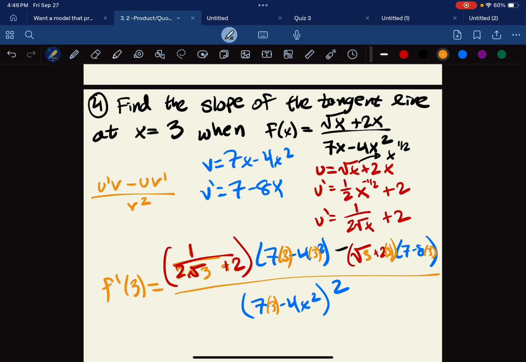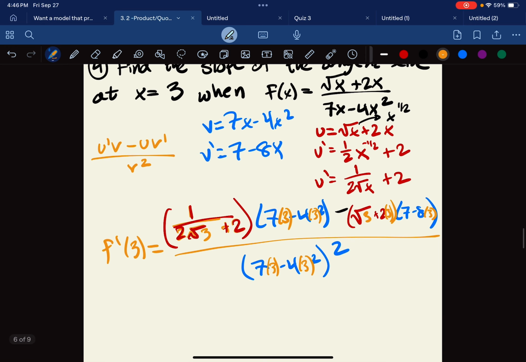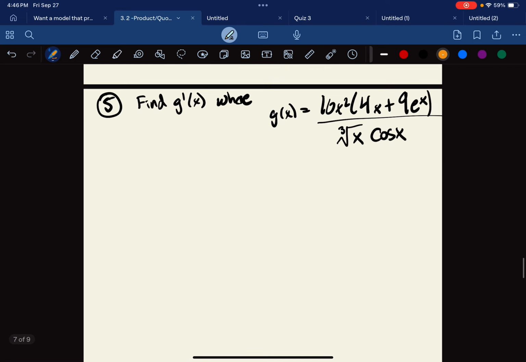So something like this. Something like that. And then you could simplify that, but again, you probably wouldn't be given something this complicated of a simplification on a quiz or an exam. But you could. Okay, so then there are problems that have both a product rule within a quotient rule